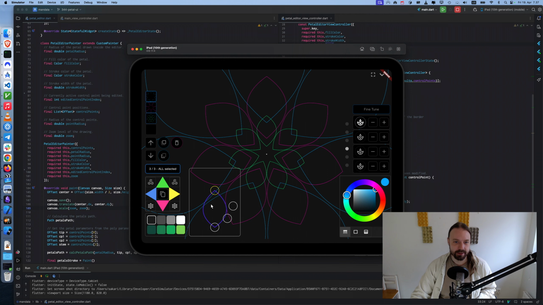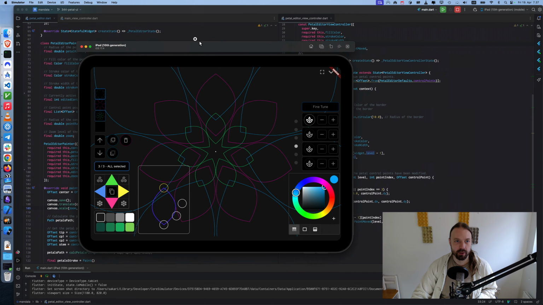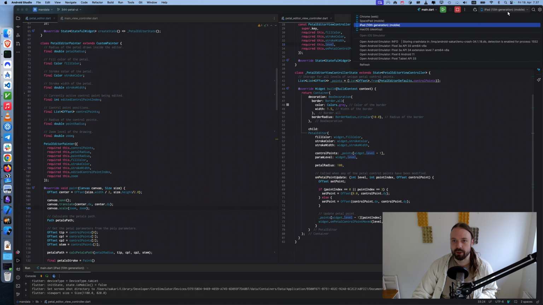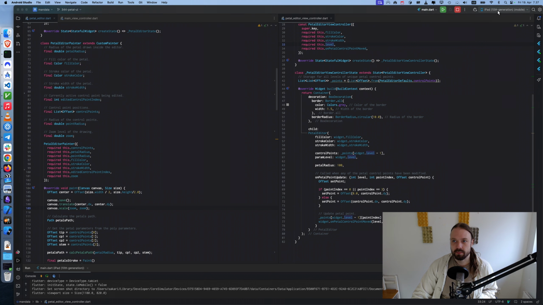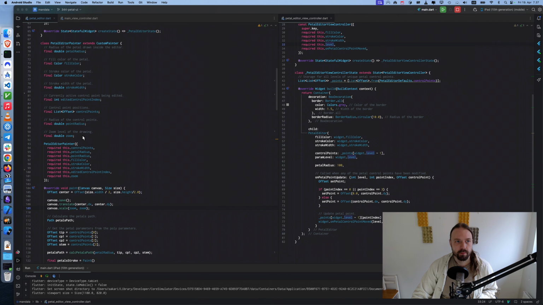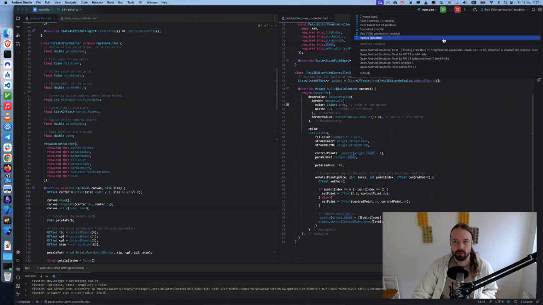And the challenge here is that this works very nicely on the tablet. I have space here, I could put an element here and hide it and show it.